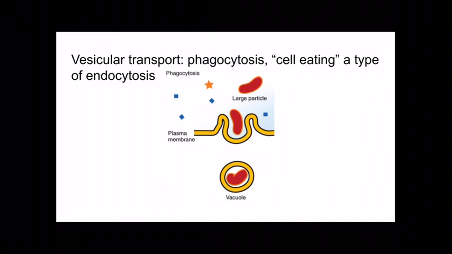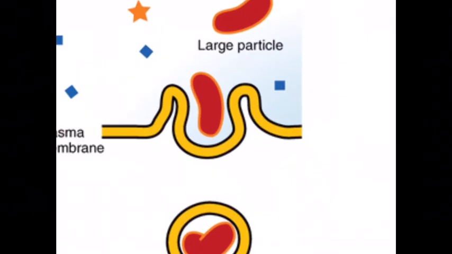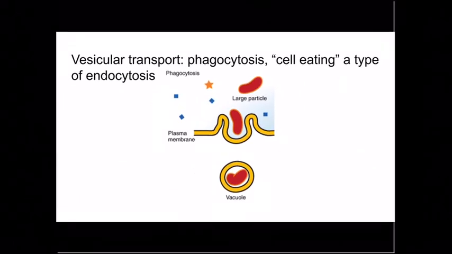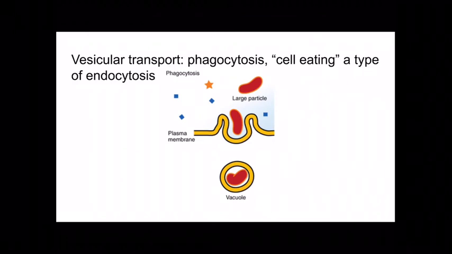It takes lots of ATP to do this and lots of proteins to push this formation of the cell membrane. The cell membrane changes place, reaches out these pseudopods, and the pseudopods, imagine the top part of these two ridges, come together until they meet each other on top of the bacteria cell. When they meet each other on top, they form a vacuole, which is what we see on the bottom of the diagram. So the cell membrane meets itself, and part of the cell membrane becomes a vacuole,